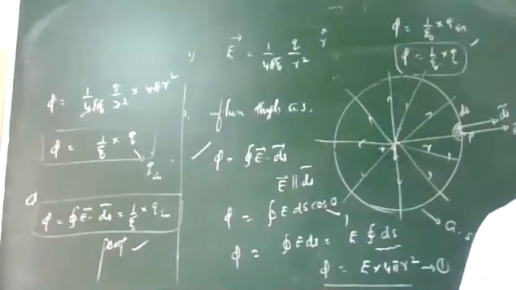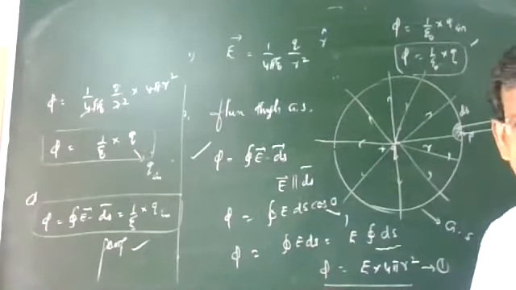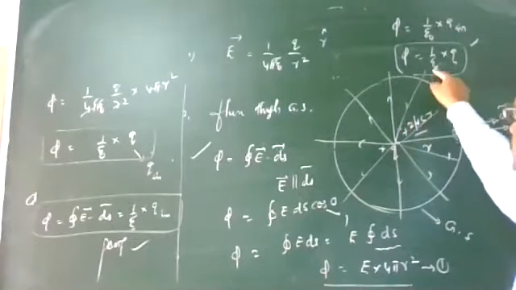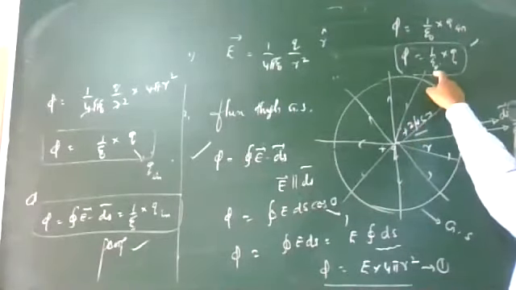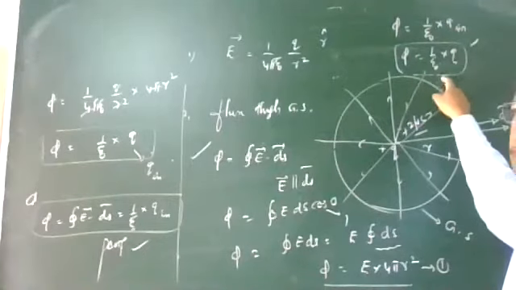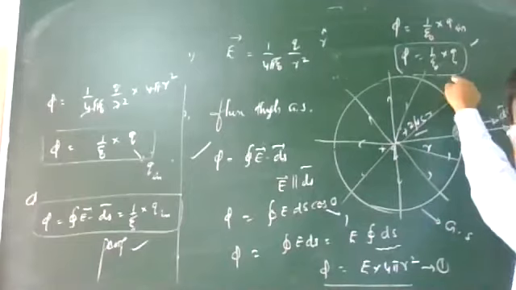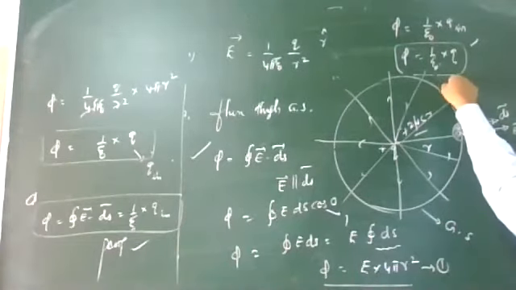So if you are given 2 microcoulomb, you can calculate the value. Suppose a 2 microcoulomb charge is kept here. What is the flux calculation by this equation? So, 1 mark: notice 1 by epsilon 0 into 2 into 10 to the power minus 6. You know the value of epsilon 0, so it can be calculated. So this is the way to calculate the flux.